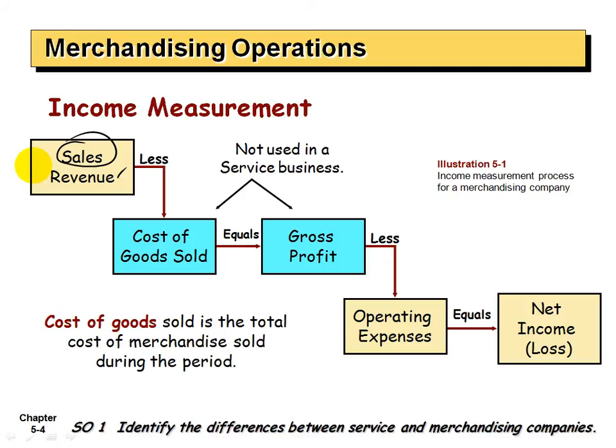But when they record the sale, now they have to record how much they paid their supplier for that same merchandise they sold to their customer. And that amount is called cost of goods sold. It's kind of a long name for an account. So in the case of a merchandiser, this is probably going to be the biggest expense they're going to deduct